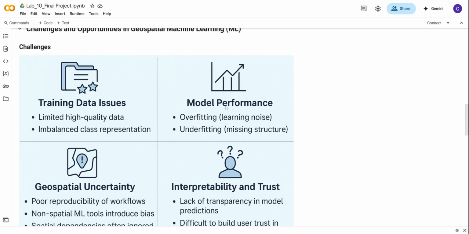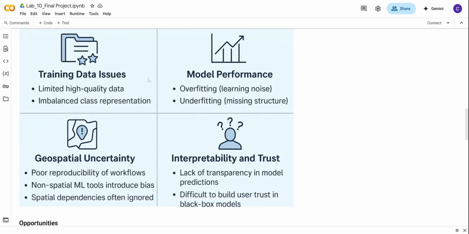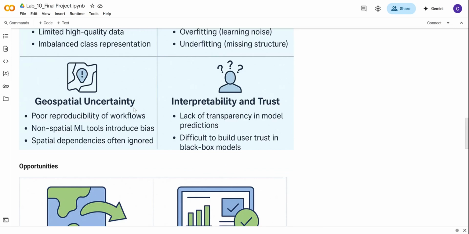Right, some of the challenges that we encountered along the way, for example, is the issue of data quality, and also the issue of imbalanced data for land cover classification. And of course, we also have challenges of overfitting and underfitting. And then also of importance is the lack of reproducibility of some of the machine learning workflows. As we said, it's quite difficult to apply one machine learning model used in one place to another, although we attempted to do this for areas that have got similar geographic